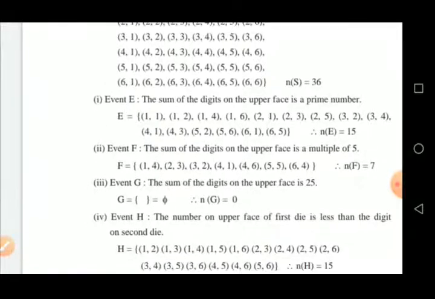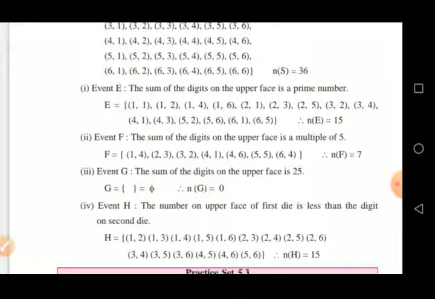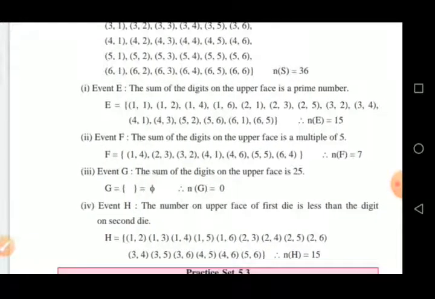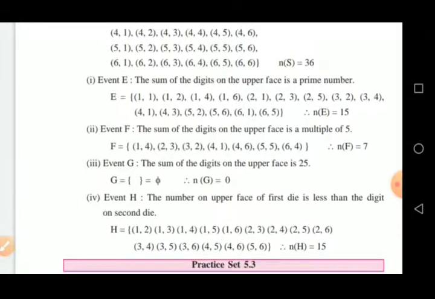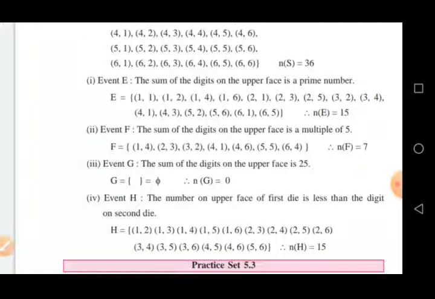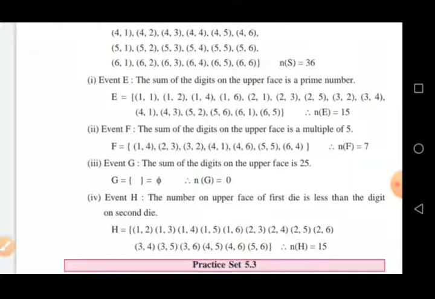Third, the name given to the third event is G. Event G, the condition for that, the sum of the digits on the upper face is 25, and it is impossible to get the sum on the upper face as 25.